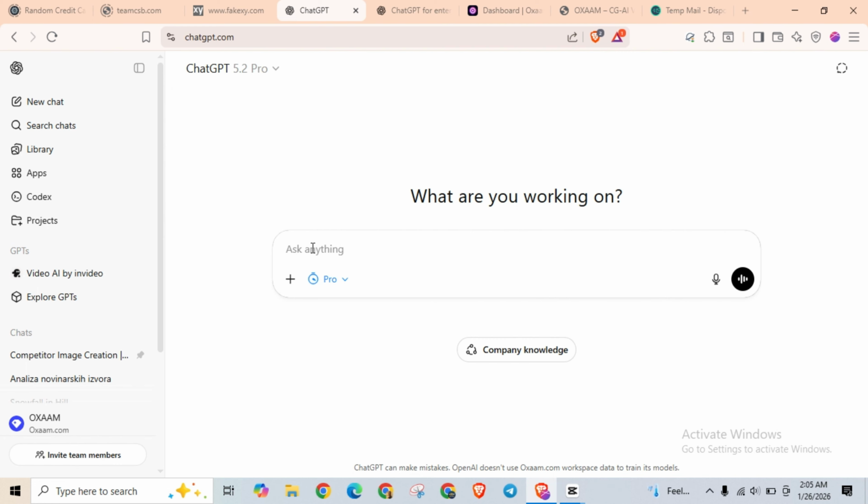So you can see here, these are the free plans. So without any cost, we got it. This is ChatGPT 5.2, and this is Pro model. Okay, now simply you can generate images. You can use it for code, for generating prompts for